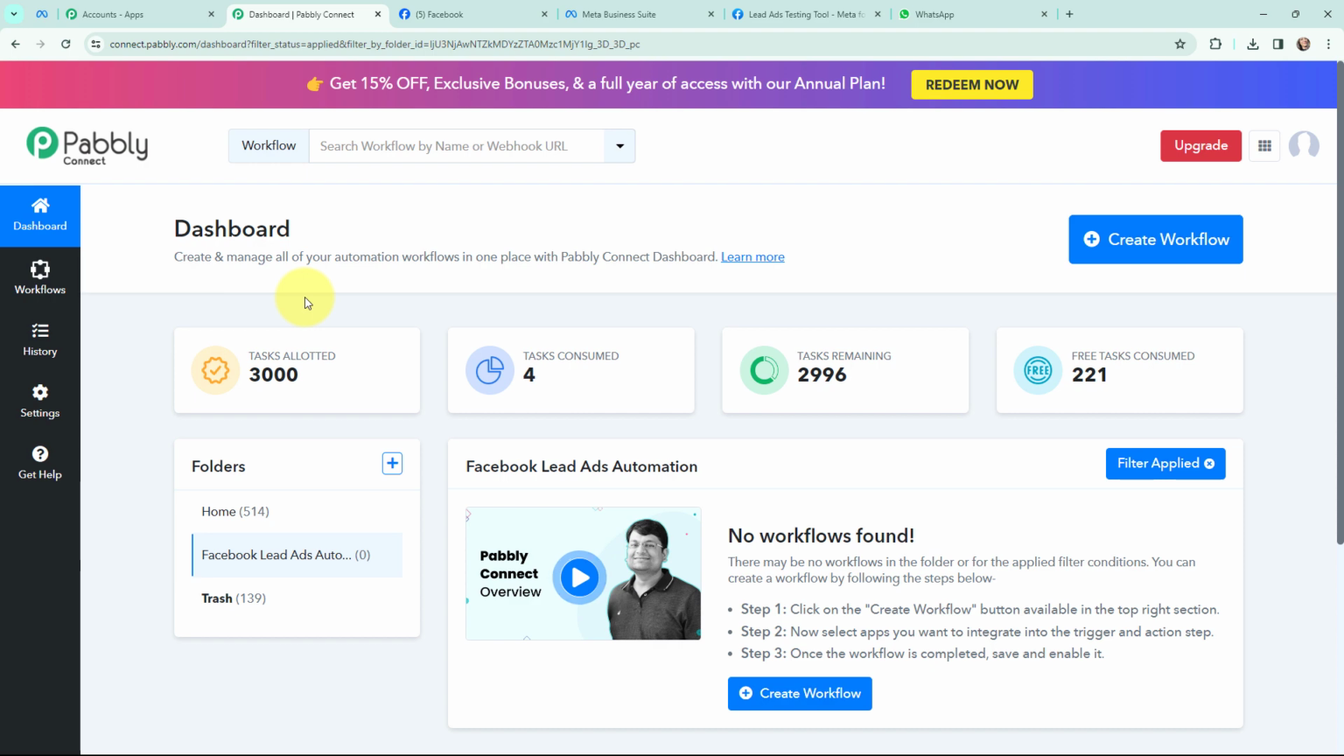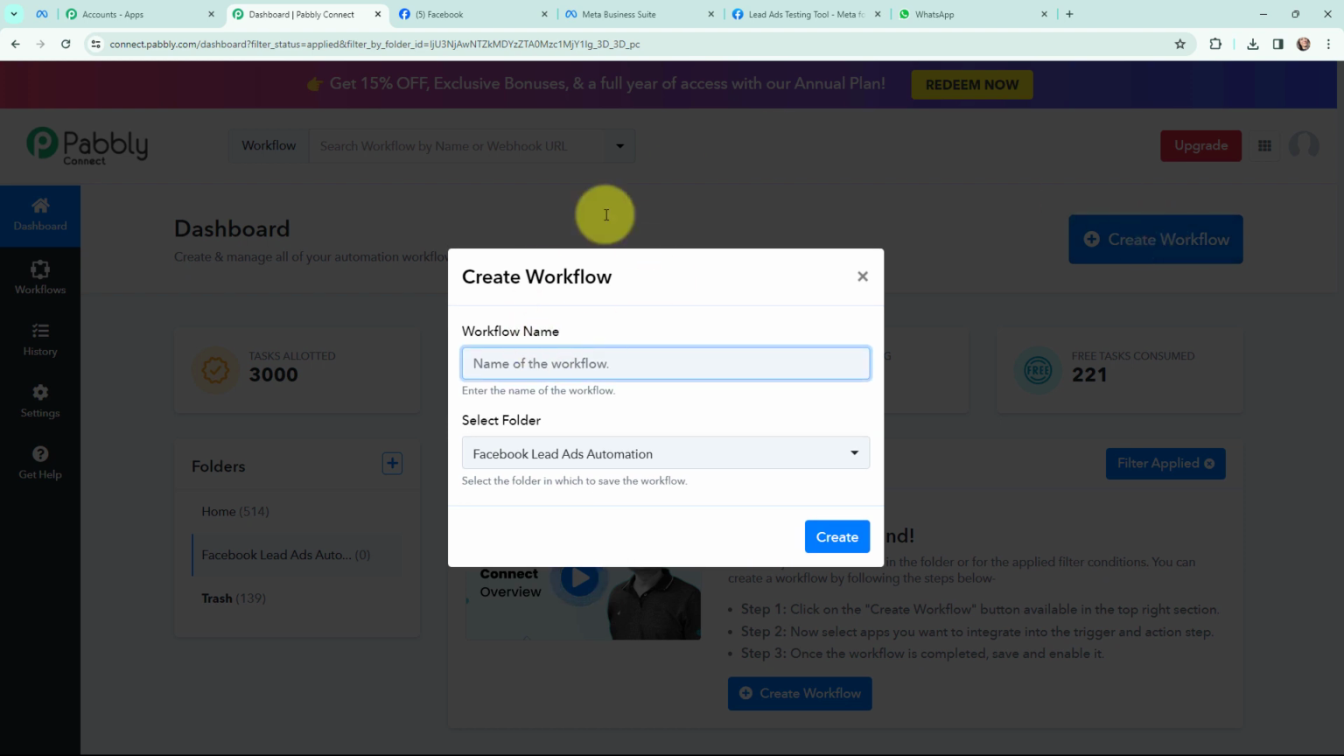This here is my dashboard, and now in order to create a new workflow, I will go to my right hand side corner and click on this create workflow button. In the dialog box appearing, I need to give my workflow a name. Here I've named it send WhatsApp messages to Facebook leads for performance marketing agency, and on my left